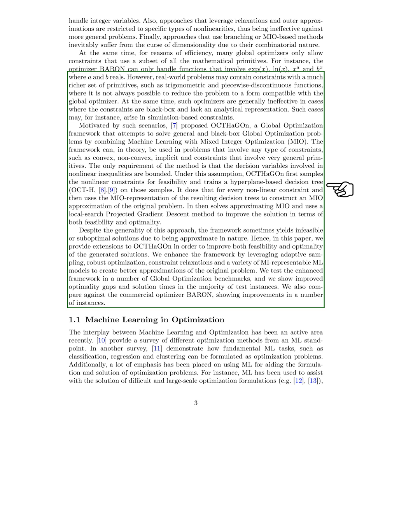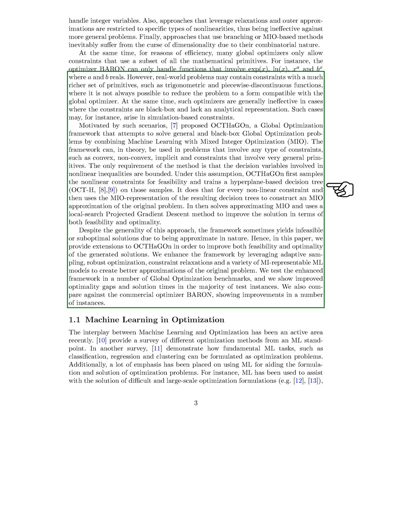To address these scenarios, a global optimization framework called OCTHaGOn was proposed. It attempts to solve general and black box global optimization problems by combining machine learning with mixed integer optimization, MIO. The framework can theoretically be used in problems that involve any type of constraints, such as convex, non-convex, implicit, and constraints that involve very general primitives. The only requirement is that the decision variables involved in nonlinear inequalities are bounded. Under this assumption,